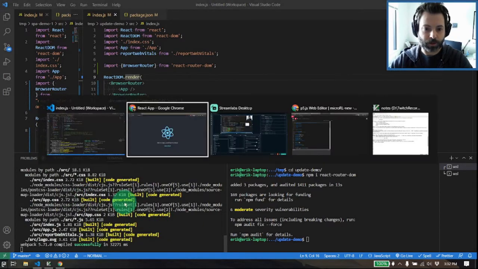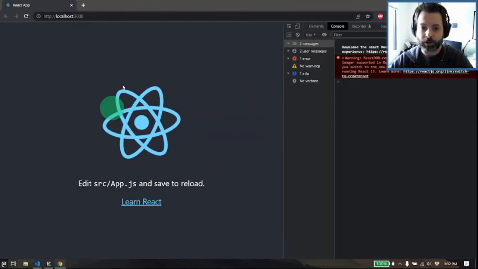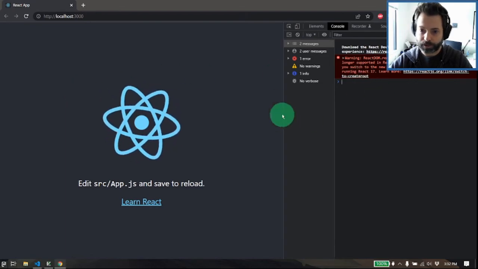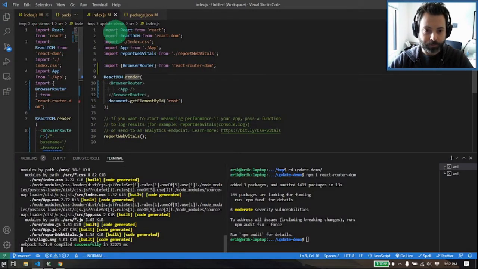All right, so that's running. Oh, that's surprising. Interestingly, earlier I was just getting a white page with absolutely nothing on there, so I wonder if a hotfix has been pushed. All right,